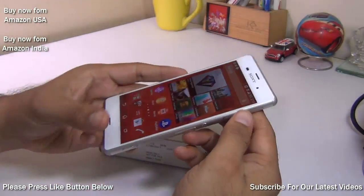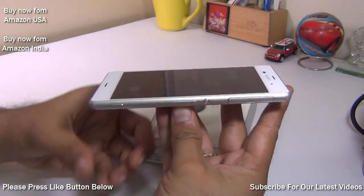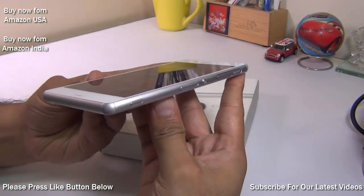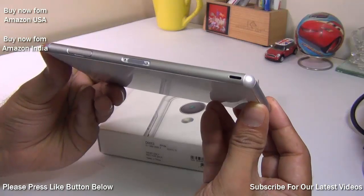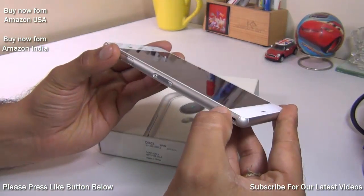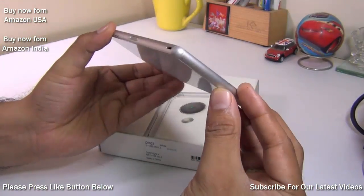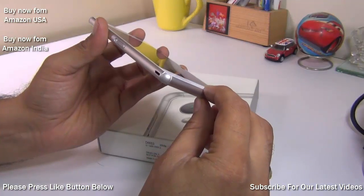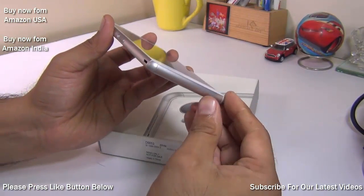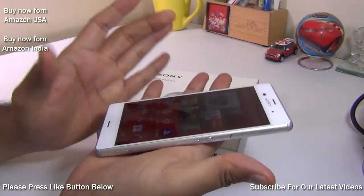I'll start my review with the design and build quality review of the Sony Xperia Z3. It would not be wrong to say that this is the most refined and well-built Sony Xperia Z series phone that I have seen so far. It comes with rounded edges, and these are metallic, brushed aluminium finish, very solid and they feel really nice. This phone is fairly slim at just over 7mm in thickness, which is really good and feels really nice